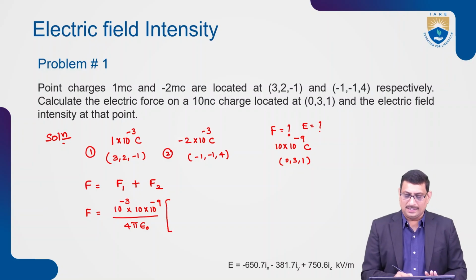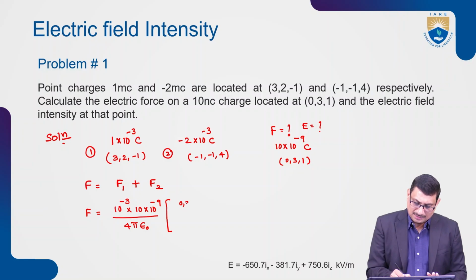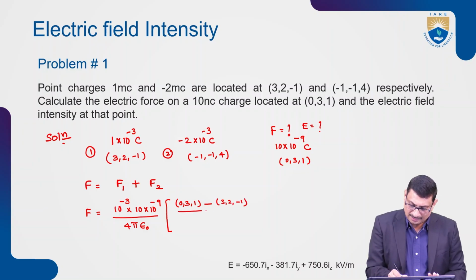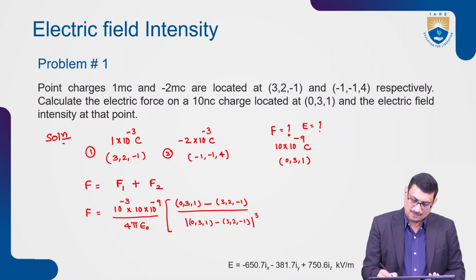We have to calculate R as (0, 3, 1) minus (3, 2, minus 1), the location of the 1 millicoulomb charge, divided by the magnitude of (0, 3, 1) minus (3, 2, minus 1), whole cubed, plus